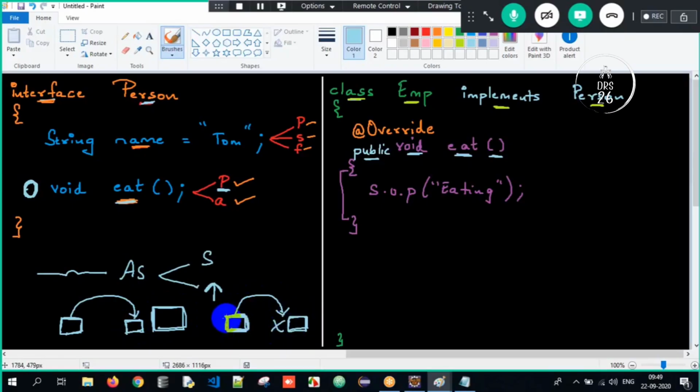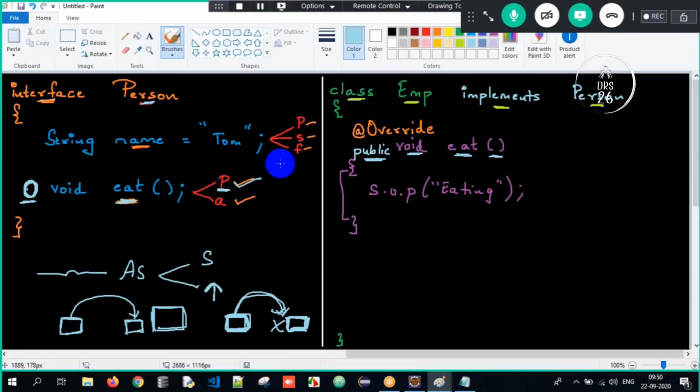Why? Public has the highest visibility; while overriding, the access specifier should be the same or of increased visibility. It cannot be of decreased visibility. So here the eat method's access specifier is implicitly public, and while overriding I have to retain it or increase its visibility. That's the reason we get a small error here.